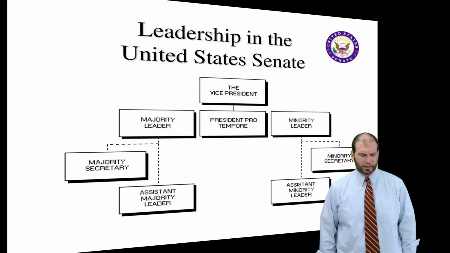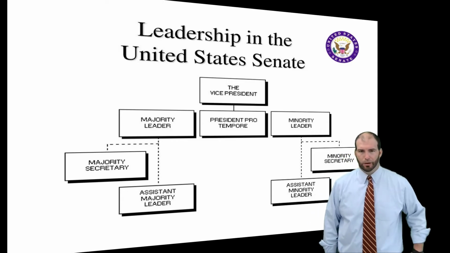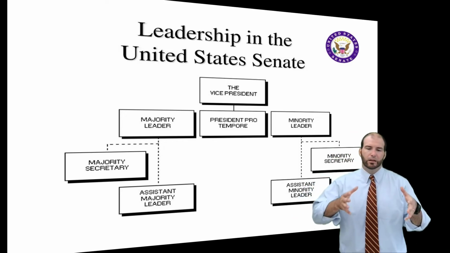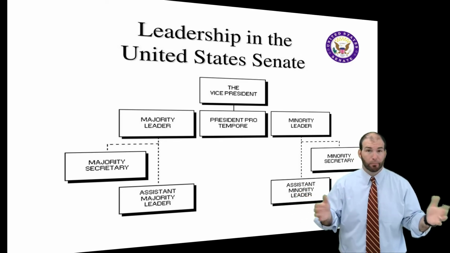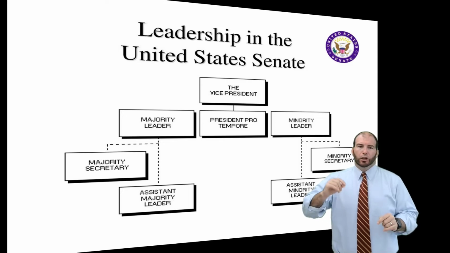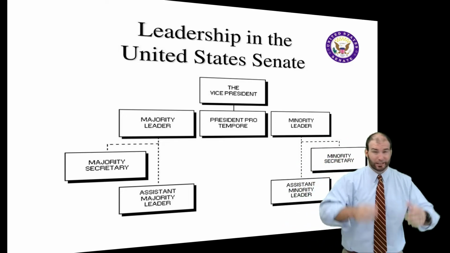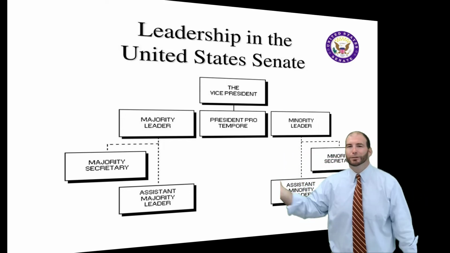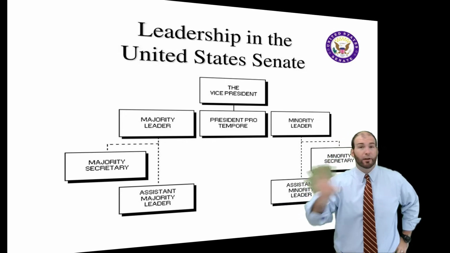All right, the vice president, as it stands now when I'm recording this in 2021, goes in and breaks a tie. That's really their only job, but they have the final say-so here in the Senate. There's also the president pro tempore, which basically means the temporary president. The vice president is the president of the Senate, but the vice president is never there, so you actually have a temporary president. You never talk about this person.